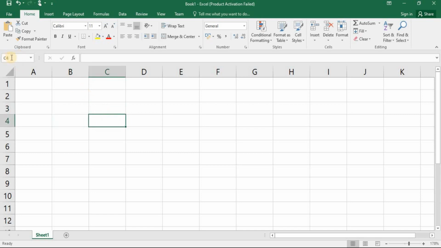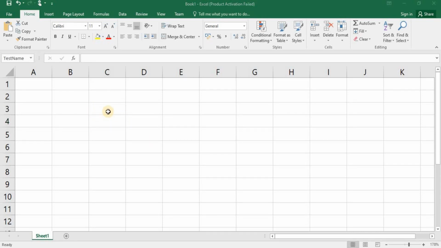You can't use one name for more than one cell. That is the function of the name box. In this workspace, you can move from one cell to another by using arrow keys like this. You can select any cell by using your mouse as well. But please don't use your mouse while working in this workspace as it will kill your time. So try to use only the keyboard.